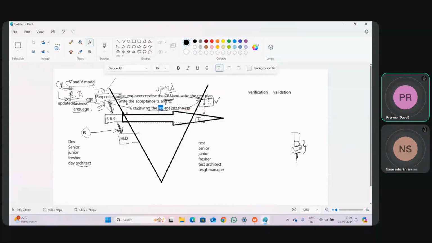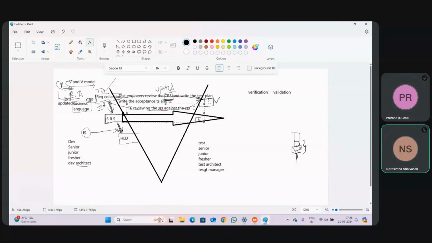Let me take an example. You are watching YouTube and you are preparing the food. The food taste in the video is not equal to the food you prepared. Maybe. Why? Because this is the master copy, this is tested, but you are preparing for the first time. Chances are there might be a defect, no? So we are not giving any chance for anyone. Test engineers again keep the CRS document and review: this page, this step, this step, everything is converted properly.